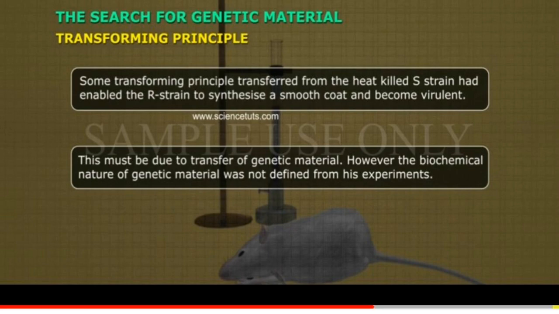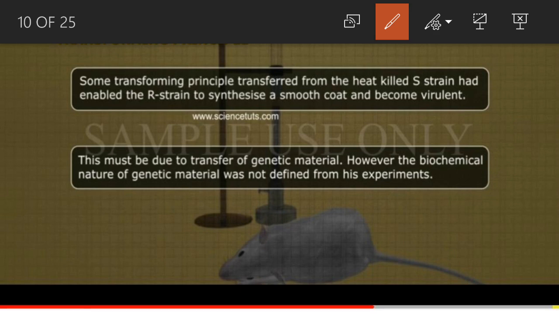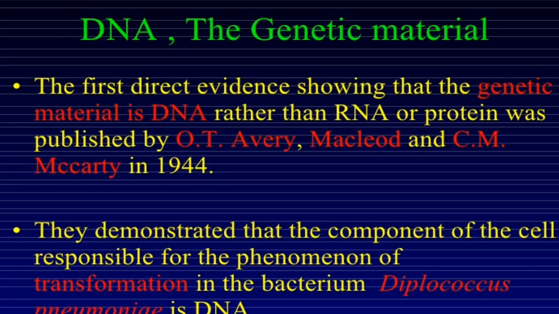Now they must be due to a transfer of the genetic material. However, the chemical nature of the genetic material was not defined from his experiments. So the biochemical nature of the material was not identified or defined from his experiments. What this transforming material was made of was not known till then. After that,